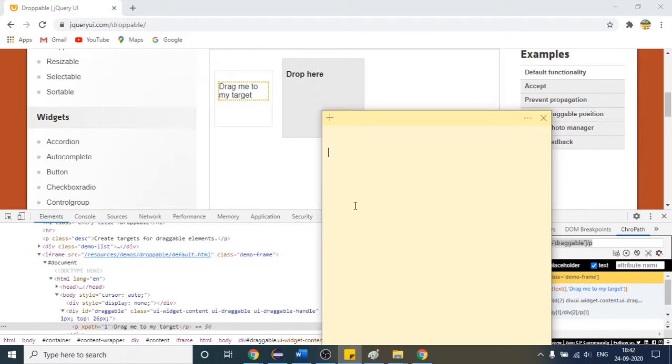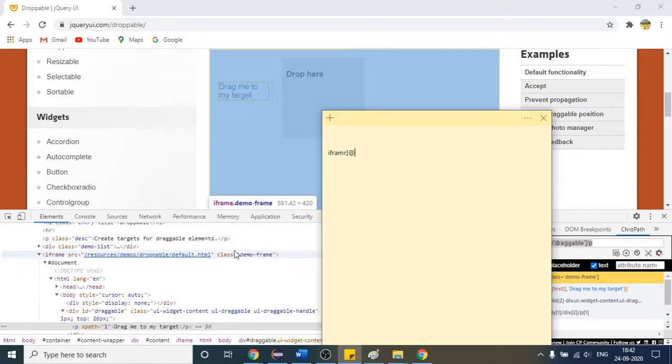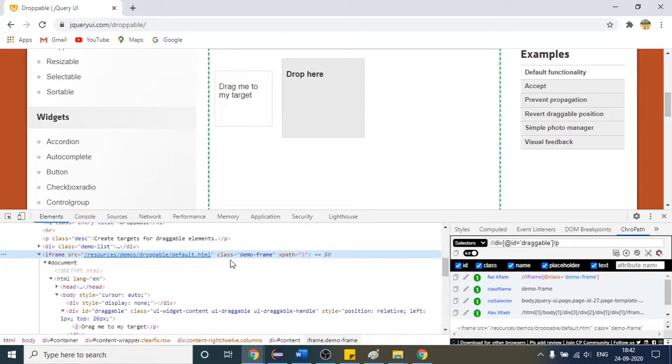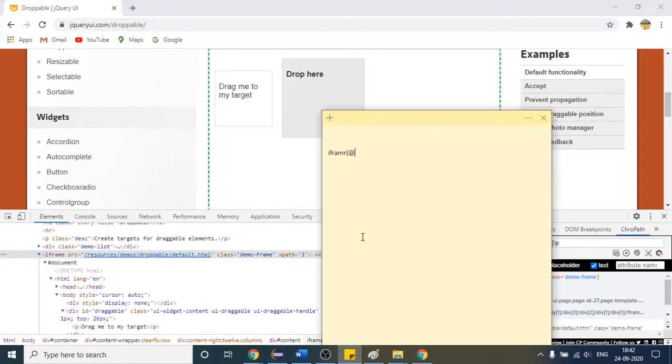So you have two choices, right? If you write it like this, iframe, and then square brackets with the attribute, I will use this one, class. Note that at the rate class equals to, at the rate is not a part of CSS, it is a part of XPath. What is the class name? I think it is demo hyphen frame. So this is one way. Let us also check whether it is correct or not. Okay, so let us check this.